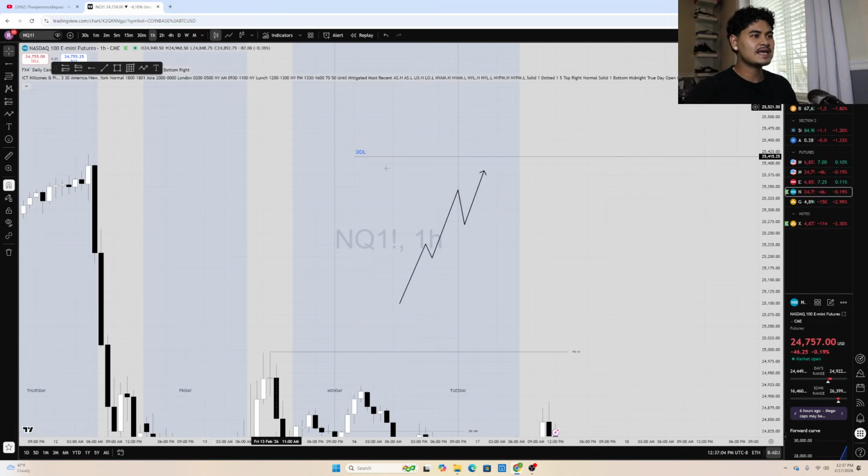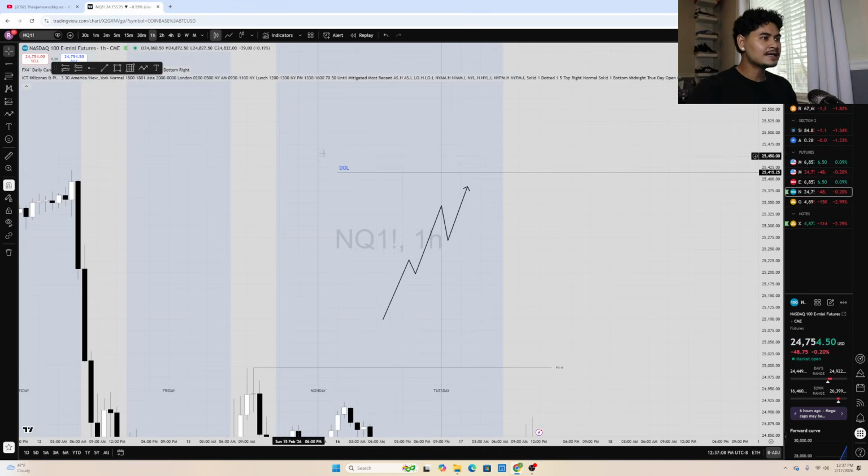I do not want to be taking an entry right at the very top. Say we are just flying to the draw on liquidity. If I get no retrace, what is a retrace? A retrace is this right here, this leg down right here. That is considered a retrace to me. If price is just making a higher high and then it's just flying all the way up here, I do not want to be entering a long all the way up here,